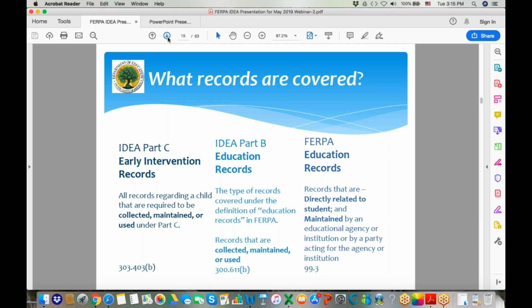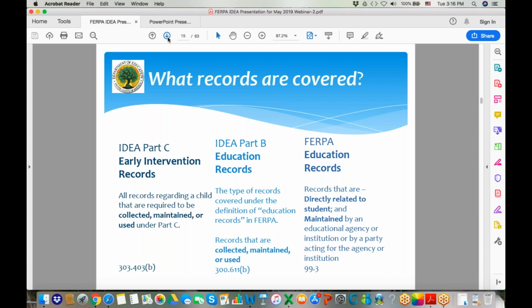I'm going to turn things over to Kala, who's going to talk a little bit about how that carries over into IDEA Part B and Part C. Kala? Thanks, Frank. So the same two standards apply in that the record has to directly relate to a child or student, but the second part is a little broader under IDEA. The IDEA language refers to records that are required to be collected, maintained, or used. Or sometimes we paraphrase it in the regs to say records that are collected, maintained, or used, suggesting that's even broader, not just those that are required to be collected, maintained, or used.